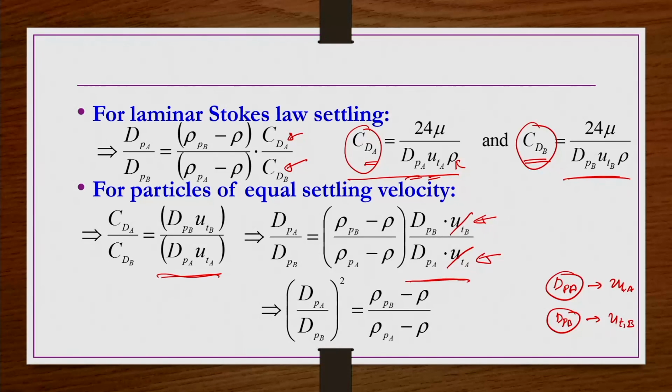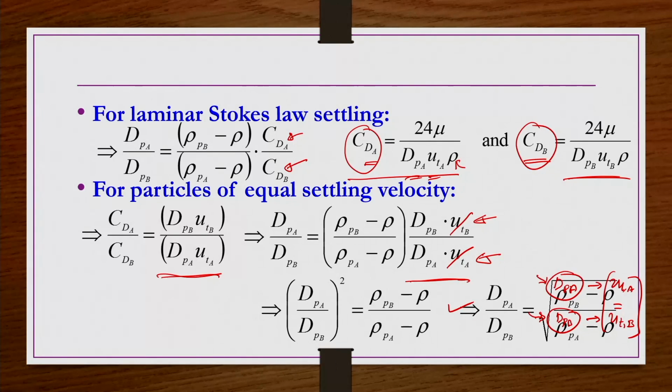So, let us say UTB. So, there will be some value of dPA. Let us say here, depending on the difference, this is heavier, this is lighter. Then for in-between size particles, medium size dPA and medium size dPB, there may be some value at which these velocities become equal to each other. What is that dPA to dPB value? That is what we are going to find out for different regions.